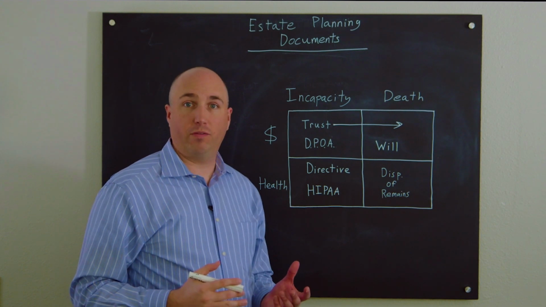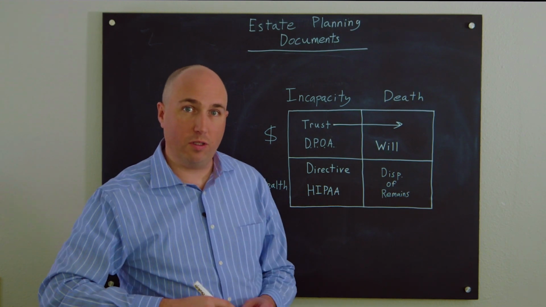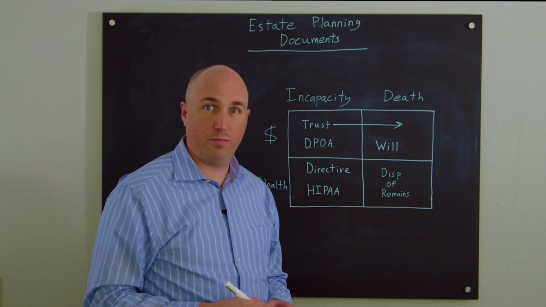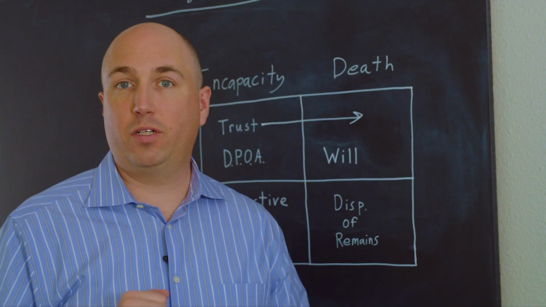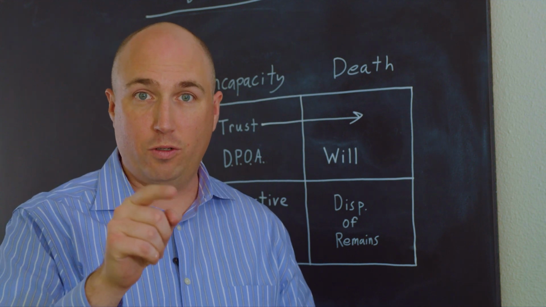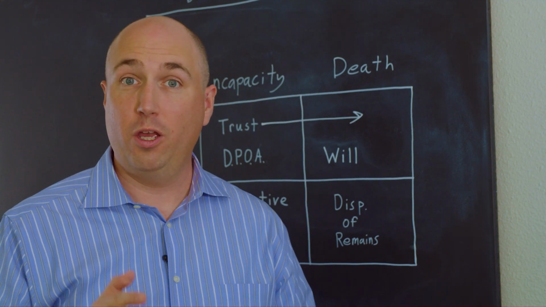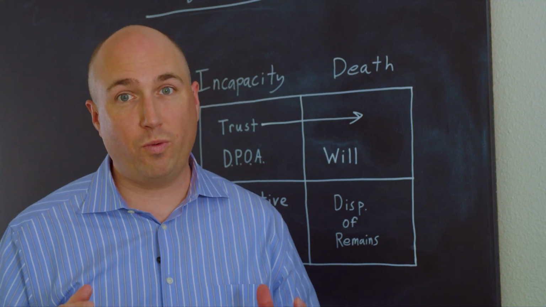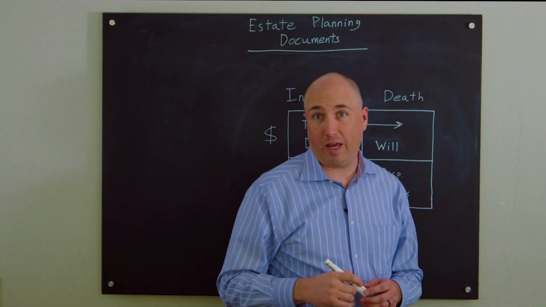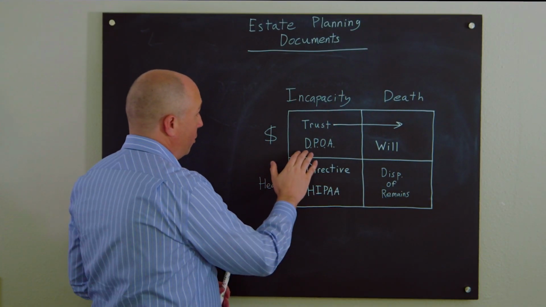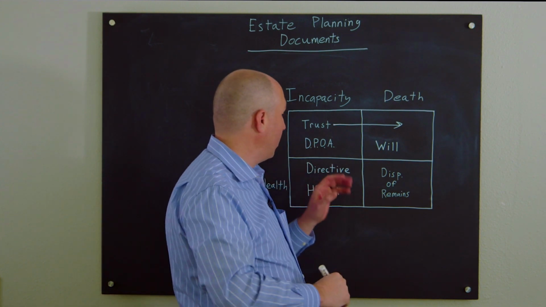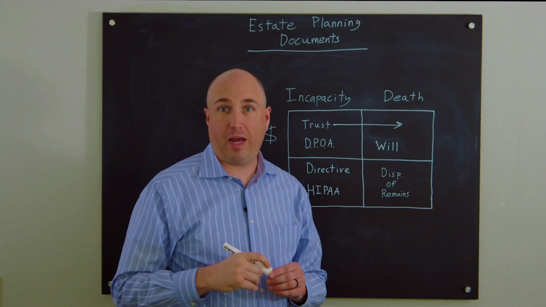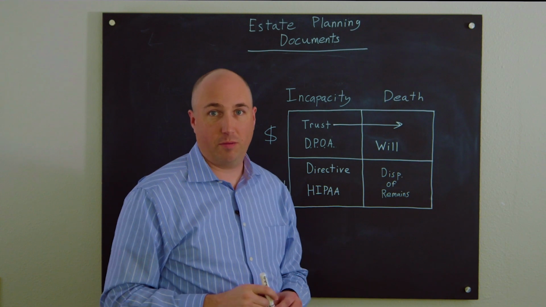What is a durable power of attorney? A power of attorney is a document that you use to give legal authority to someone else, and it allows them to act for you. So, if I've put a durable power of attorney in place and I've named you as my agent under the power of attorney, you could sign my name to documents and it would be as though I signed those documents, which is really handy for planning for mental incapacity. The word durable in the phrase durable power of attorney means that that document endures through incapacity. It stays valid, even if I've lost mental capacity.